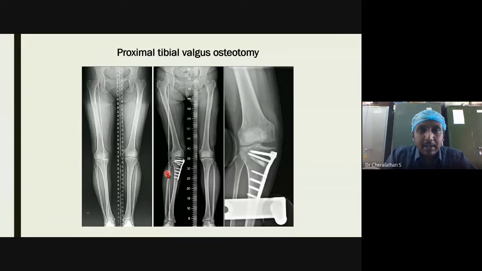Now this is the other surgical method, proximal tibial valgus osteotomy. If you recollect, I said that in case of a valgus deformity, the osteotomy is done in the distal femur, whereas in case of a varus problem, the osteotomy is done in the proximal tibia. Now here they have done a valgus osteotomy for a varus situation. If you see this mechanical axis, or the hip, knee, ankle axis, the center of knee has gone lateral to it. Is it clear here?